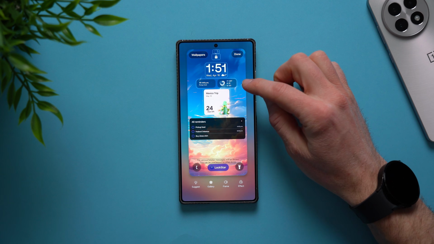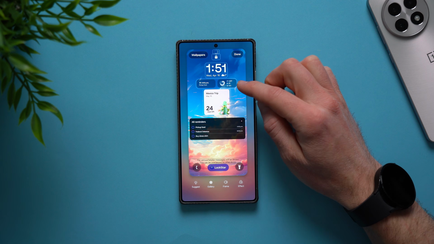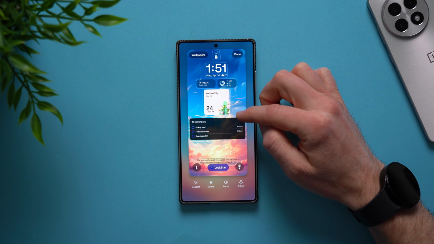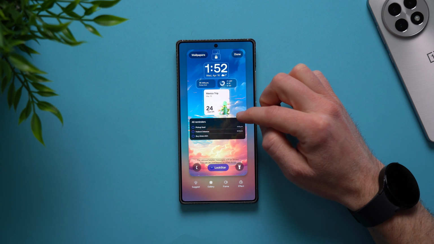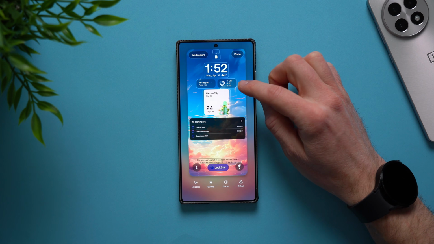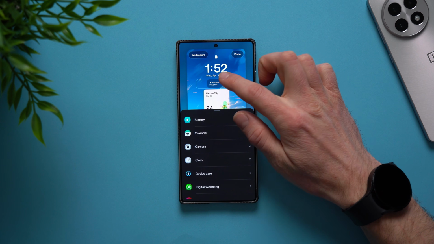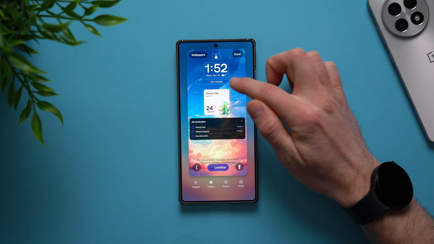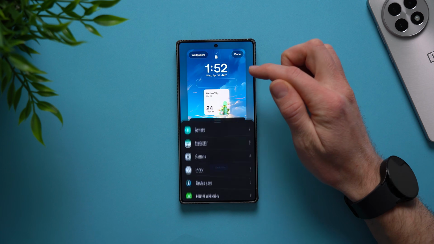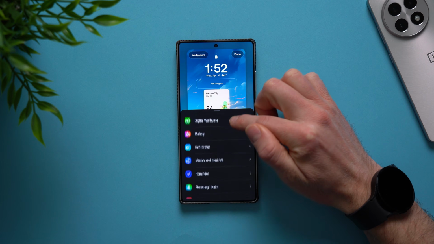Now, moving down here to the widgets, these are the widgets that come standard with the Galaxy phone, whereas these two down here are extra that you will need to install GoodLock to do, but I'll show you exactly how to do that. But first, for these widgets up here, all you need to do is tap and press on it. If you don't have a widget over here, you'll see that there's just an empty space where it says add widgets. So just tap on this and go through this and add whichever widgets that you want on your